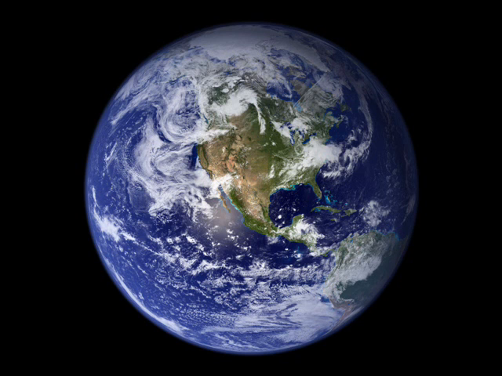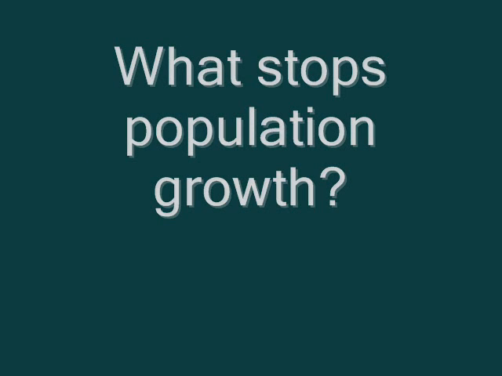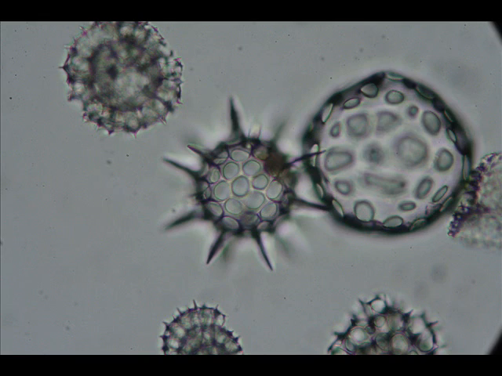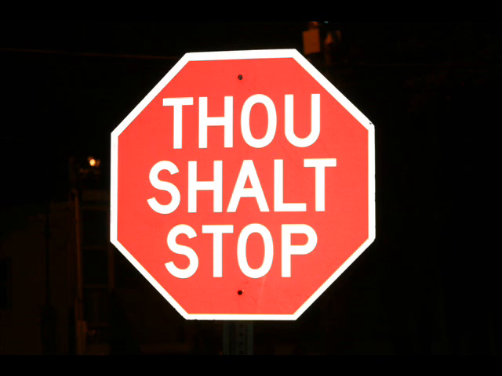A graph of exponential growth of a population looks something like this, where the x-axis represents the time that's passed, and the y-axis represents the number of animals. If nothing stops it, our hypothetical population here would keep growing until it covered the whole Earth. So why doesn't it? Why isn't the Earth just a big mass of plants and animals and protists and fungi? This horrifying mental image doesn't come into play because something does stop it.